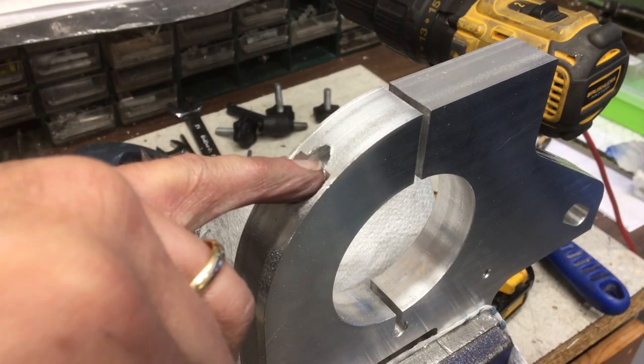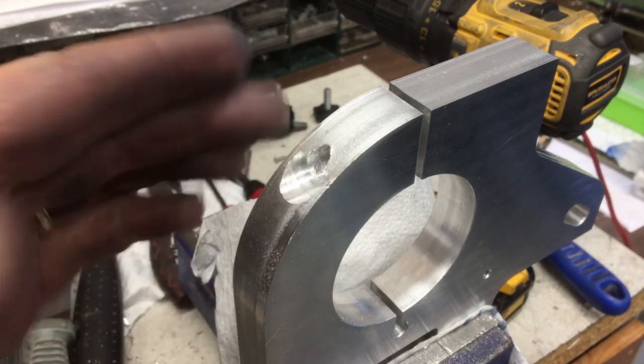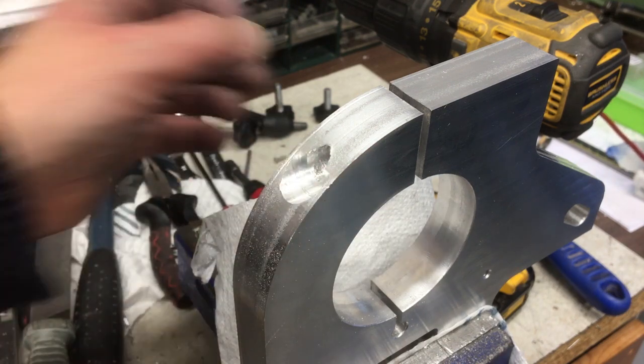Okay, well basically I had to work my way up in sizes, up from the 6, 6.5, 7, 7.5, and of course you're drilling on a bit of an angle, so I was just keeping the pressure down, checking every now and again just to make sure I was nice and straight. So we're keeping that straight, and now